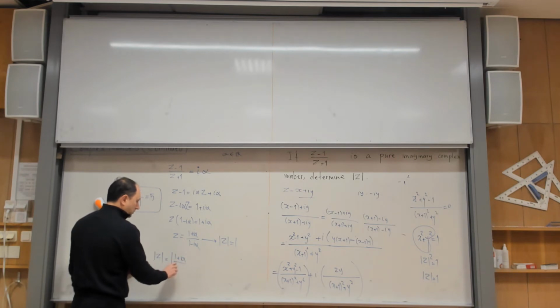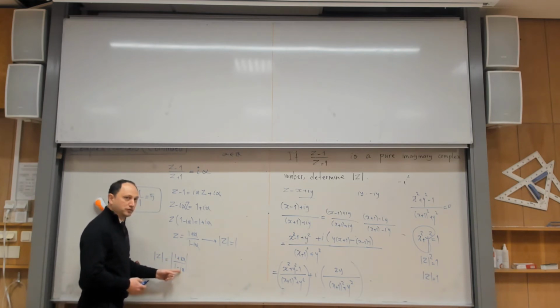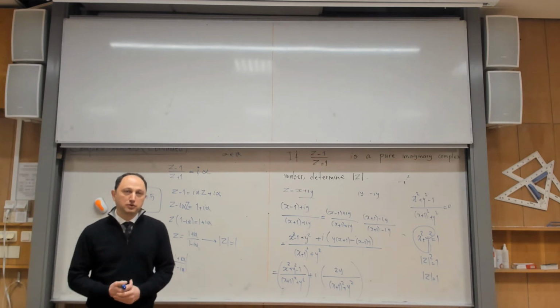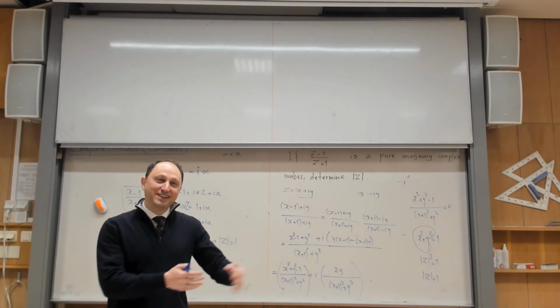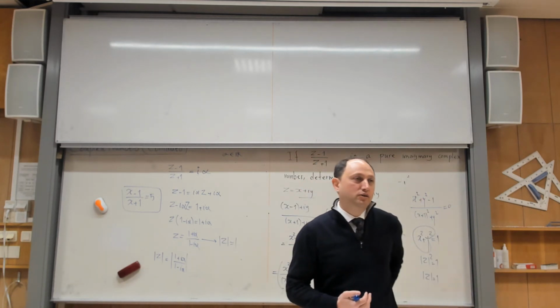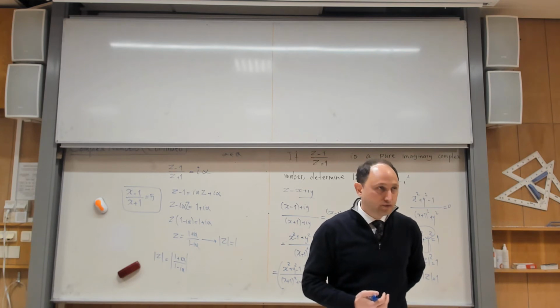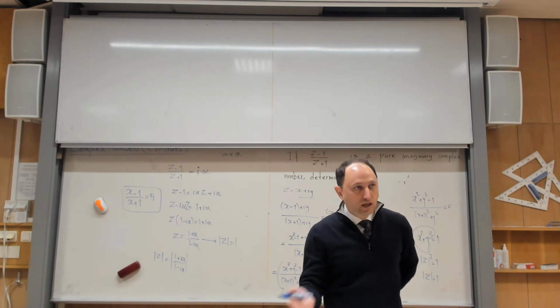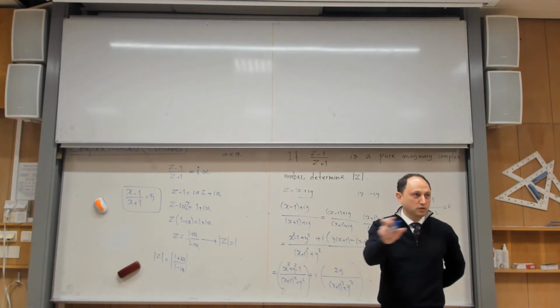By the way, don't think that I will not give you questions like this in the exam. Because if I ask you to find the absolute value of this, it should be extremely simple for you. How can you find the absolute value of a complex number? If you don't know, let us start teaching complex numbers all over again. So how should I find the absolute value of a complex number? Yes? You take the square root of a squared plus b squared. But a and b are not clear, so I have to write it in the standard form and then read a and b.